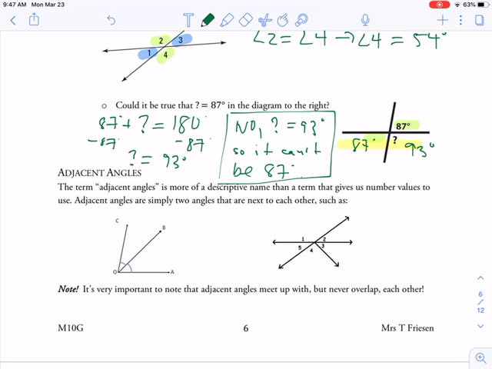So an overlapping angle, instead of looking like this one, would look like something like,